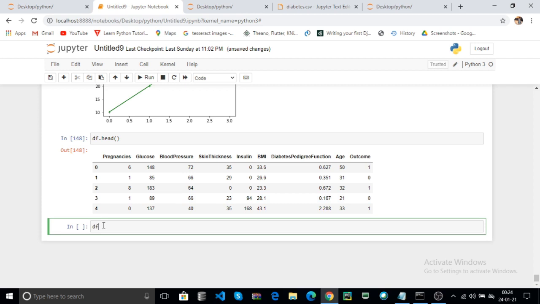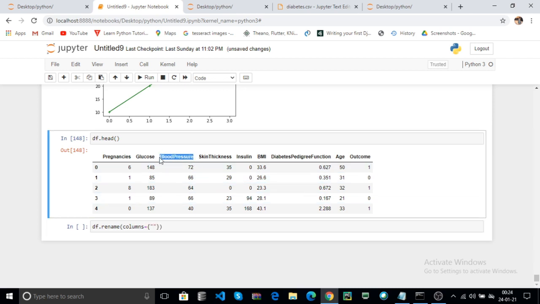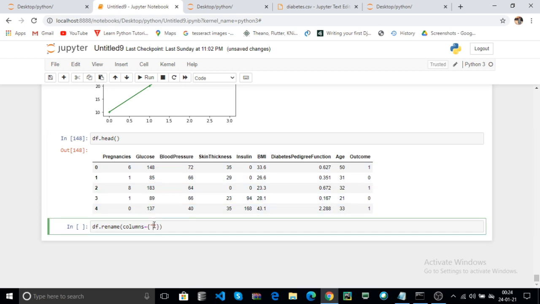The pandas data frame is also used for manipulating your data set. The df.rename method is used to rename your columns. Here you use columns as the keyword and pass the already defined blood pressure key, replaced with its value BP.